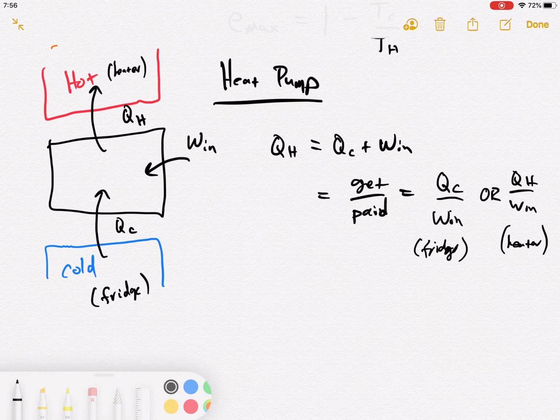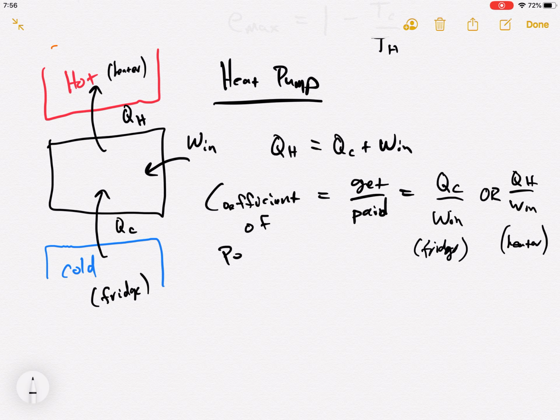But because it doesn't come out to be between 0 and 1, we call this the coefficient of performance, or a COP. All right, and the second law of thermodynamics gives us another theoretical maximum for this. That maximum is,